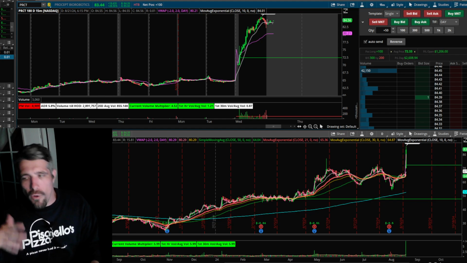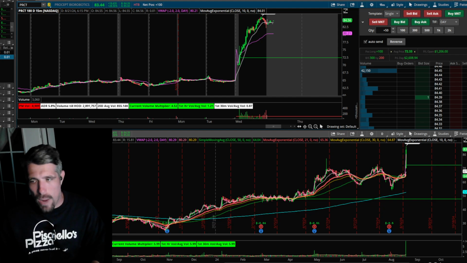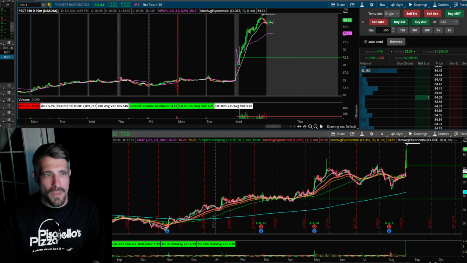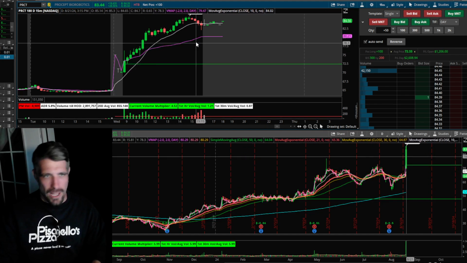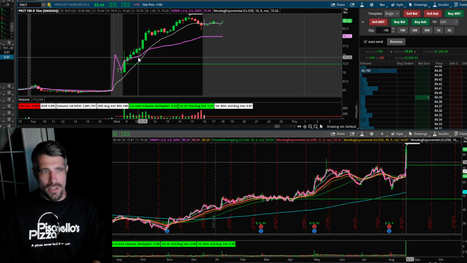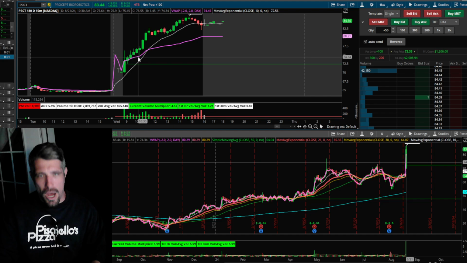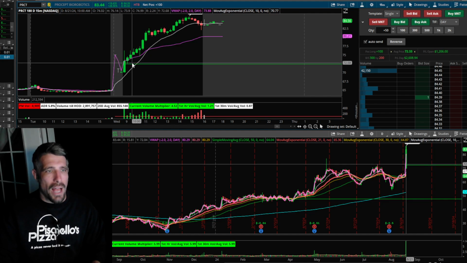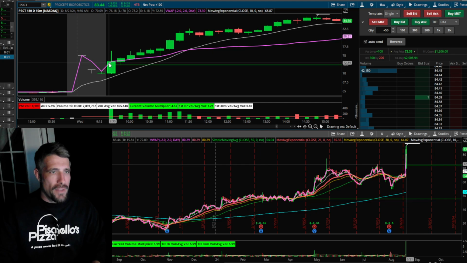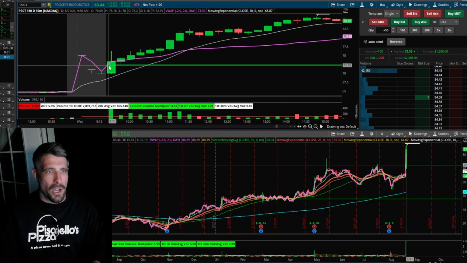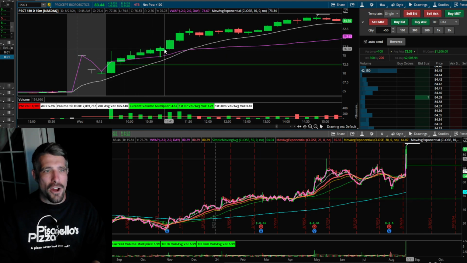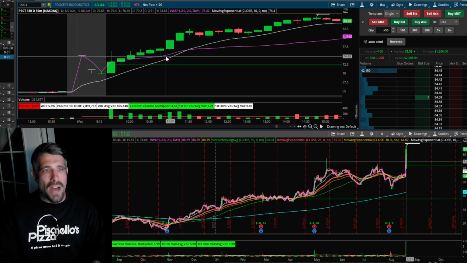So we don't go over fair value, but the reason why we use VWAP, as you can see right here on my purple line, this is the VWAP, or volume weighted average price. That's why I have it on here, because I want to know where the average person has bought this. The more volume there is at certain prices is going to plot this, meaning at the market open, the average price that this was bought on this 15-minute time frame was right here at 73.32, okay? So when this market opens, the longer this goes and the higher that these people are buying this price, the higher this VWAP is going to go.